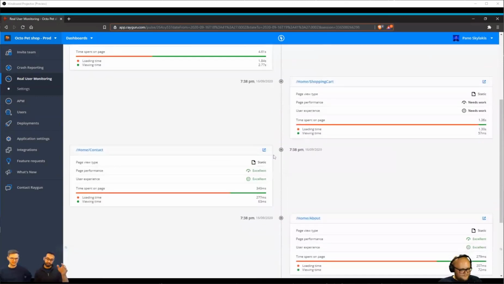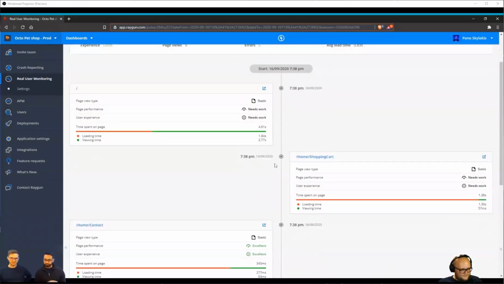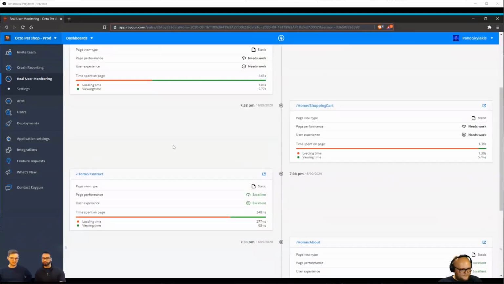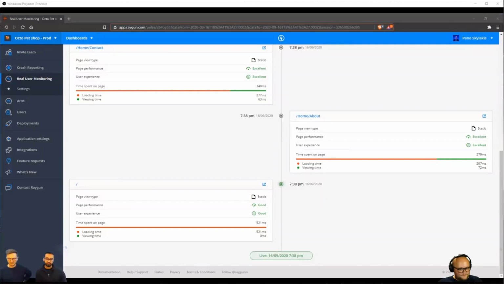It shows exactly what parts of your application the user clicked on and when they went away. One thing I will note here is if you scroll down to the bottom, this session is actually live. So the user is on the web page right now looking at the home page, and this will live update when they go to different pages. This is really, really cool because let's say you have a demo coming up. One person in your team is doing the demo, and you want to make sure that nothing goes wrong during the demo. So someone else can come over to the session tab, have a look at the different